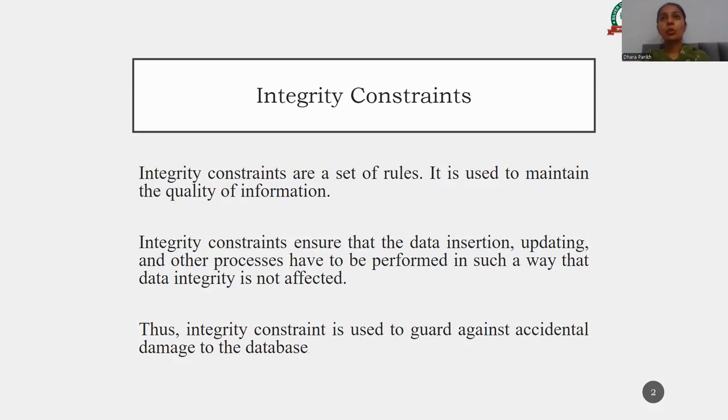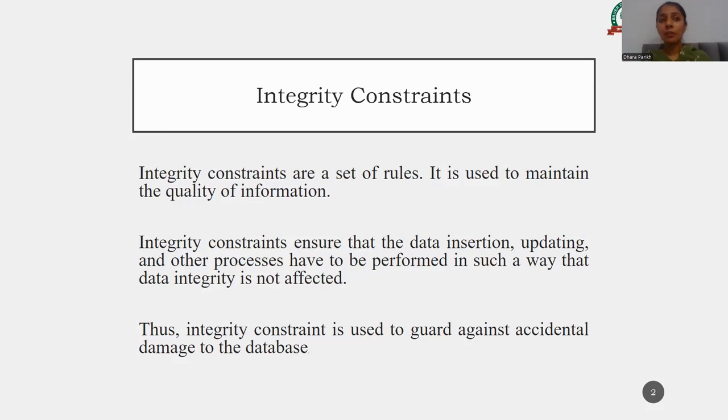How can we maintain quality and avoid bugs in our database? We must follow integrity constraints to maintain the database of our products, whenever we perform insertion operations, updating operations, or other processes on the database.